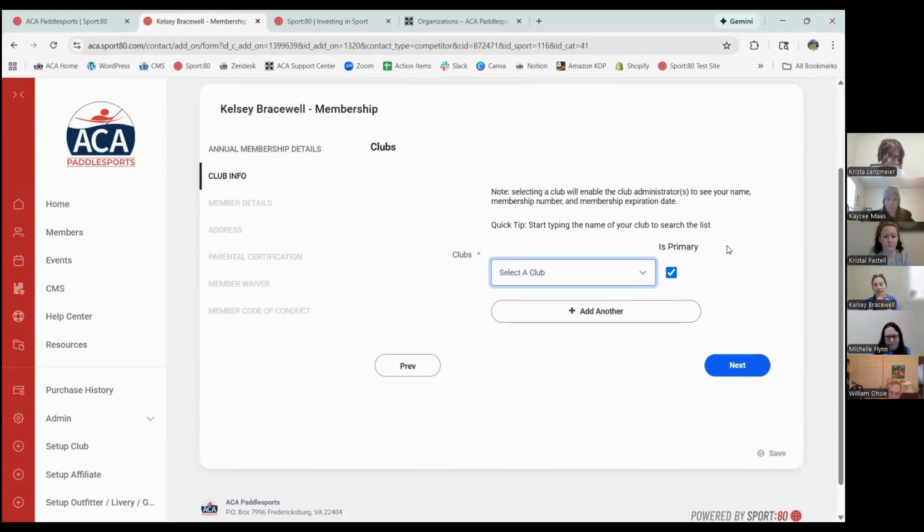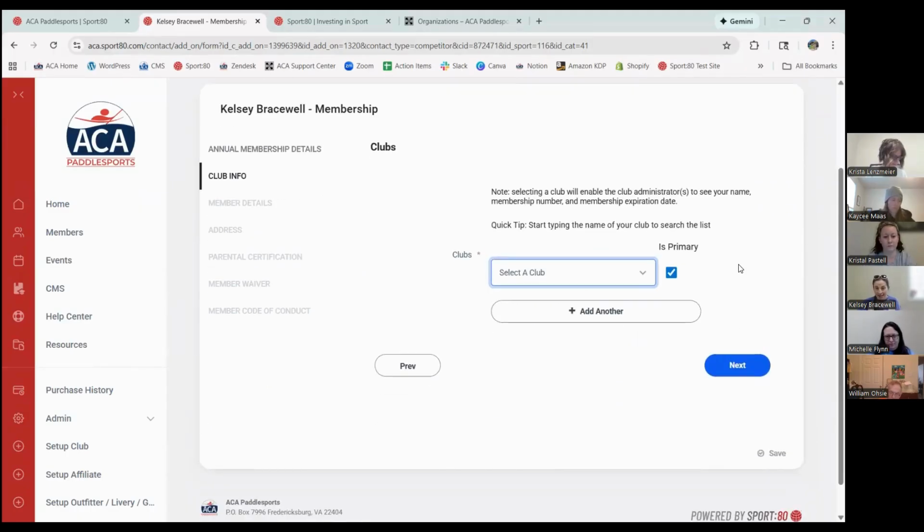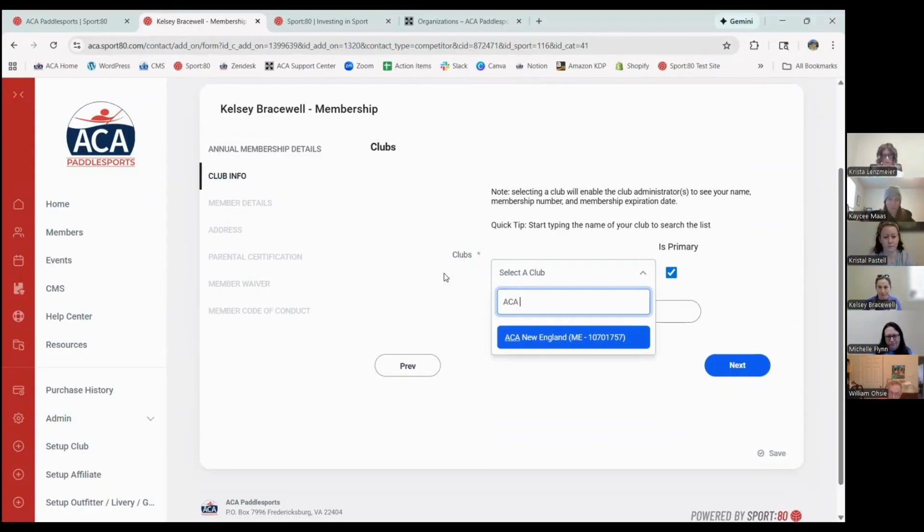Okay, so an individual goes to your dashboard, clicks annual membership, edit, and then your second tab here is club info. You can either just start typing in a name right here, and there you go, ACA New England. Or if I just want to scroll through all the clubs, I can scroll through them all here just like this. And so whichever one I pick,